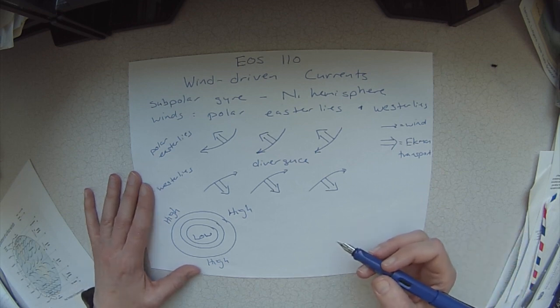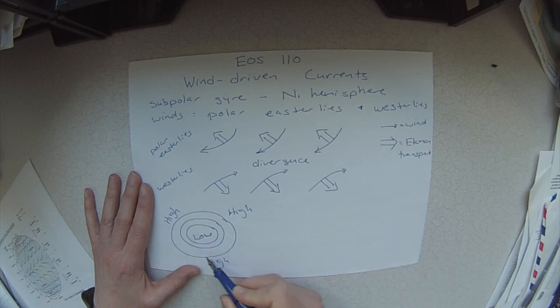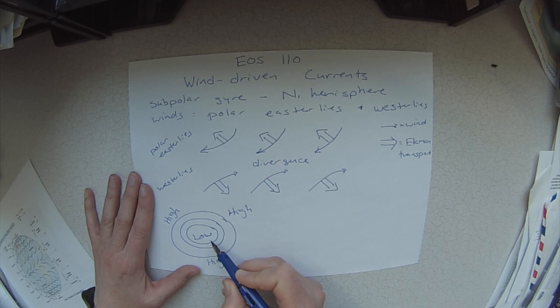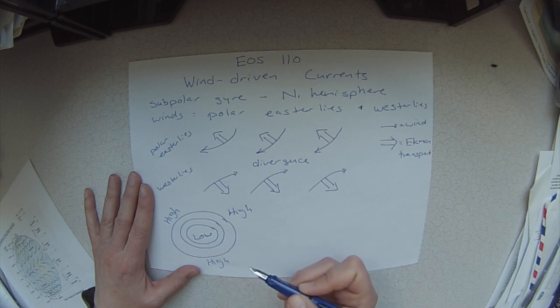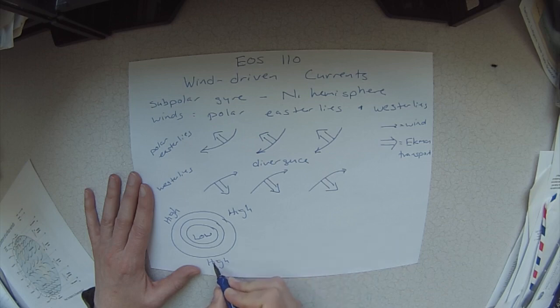Now we're ready to figure out what direction these currents are going to go. When we have a situation with high sea level and low sea level, the water at the high sea level wants to rush towards the low sea level. We call that the pressure gradient force. You're welcome to also think of it just as gravity, right? Things want to go downhill. However, the water won't be able to rush directly downhill because, again, the Coriolis force is going to divert it,